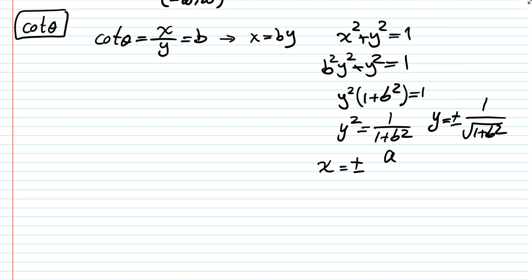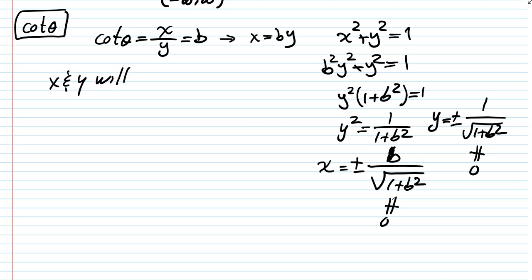I did. And there, let me just give you the answer. I got a, or actually, sorry, b. I'm doing b now, just to be different from tangent. So I get b over square root of 1 plus b squared. And same methodology with tangent. The denominator is never 0 because you're squaring the b. So that means x and y will exist